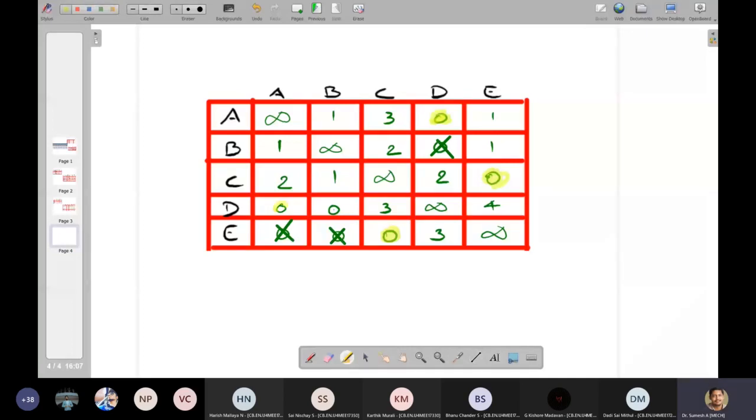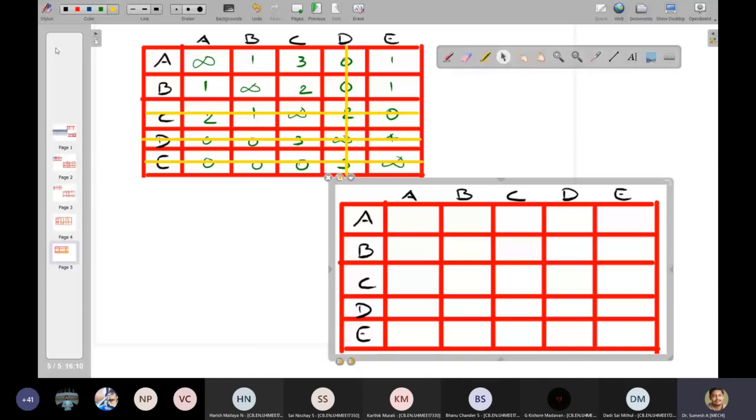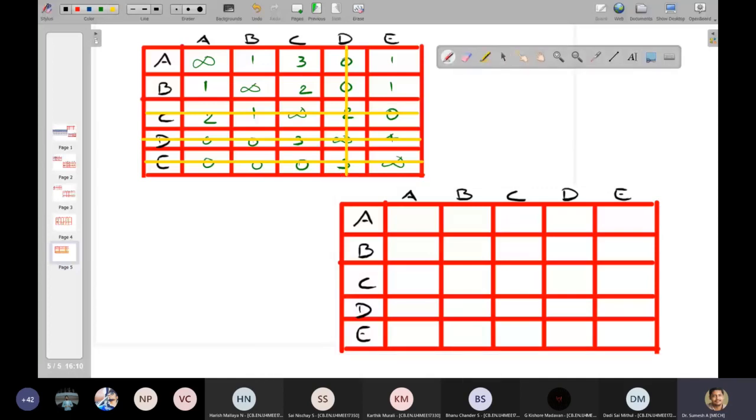So one is unassigned. You have to add horizontal and vertical lines to this problem again, covering maximum number of zeros. Now you'll get the new table values here. So let me write infinity here. So 1 turns into